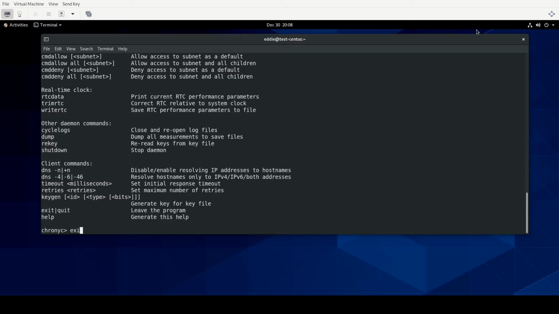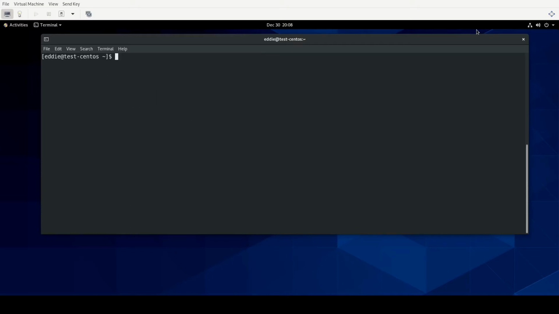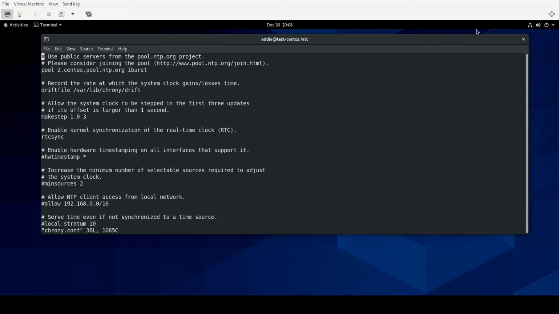So speaking of that, if we did want to add or remove NTP servers from what's being used, what we would want to do is go into the etc directory, and we would want to edit the chrony.conf file. So if I were to do sudo vi chrony.conf,